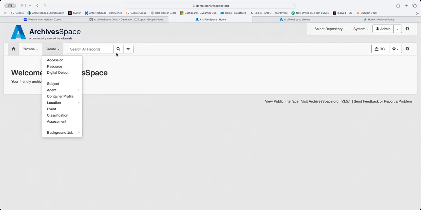All of the record types in this create option can be created independently of another record and then linked later to other records. So for example, if you're just getting started with ArchivesSpace, you may want to import a whole lot of subject headings because you know what subject headings you use in your materials, and then you can link them directly to your resources as you create them and populate a thesaurus like that early. Or you may want to create all of your locations in a single batch so that your locations already exist within your application. And then as you're finishing processing material and you're about to put that box on a shelf, you can just assign the location there and it already exists within ArchivesSpace.